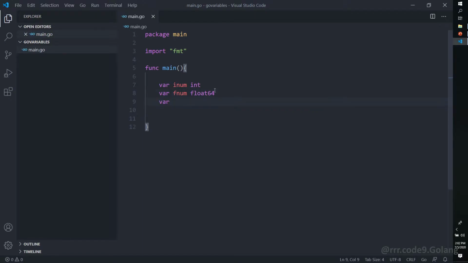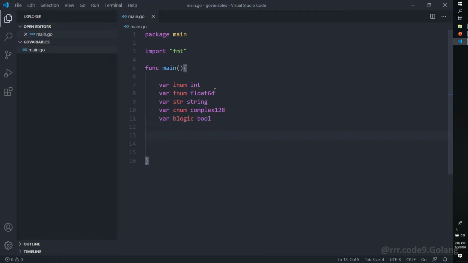We can also define a string, var str string. Let's define a complex number, var cnum complex128, and also let's add a variable for boolean values. So blogic bool.